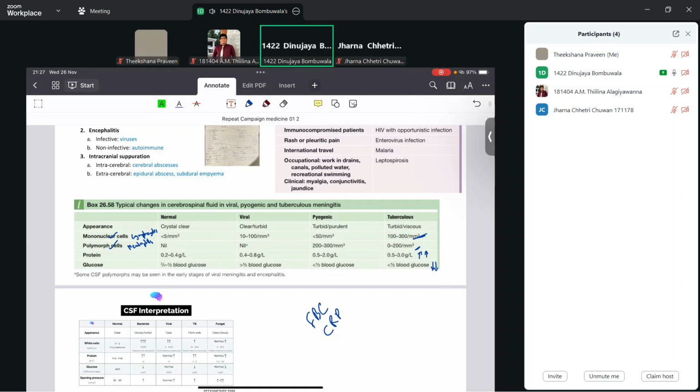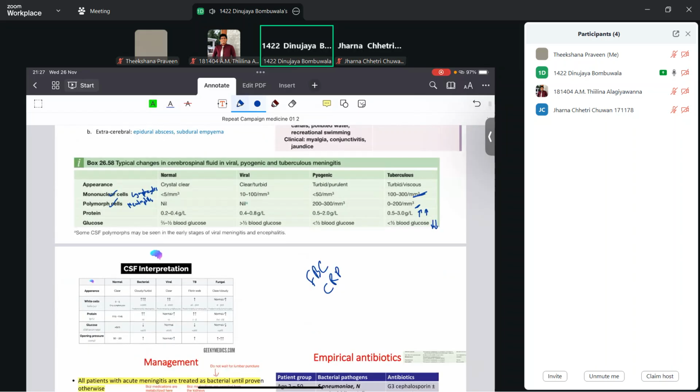So if the patient presents with these symptoms, what I'm going to do is make sure that the patient is hemodynamically stable. Then I would get the IV access first and very quickly, and do the basic investigations like full blood count, CRP, and serum electrolytes, because there are some complications like SIADH, and then blood culture if possible. Blood culture with all those things, and I will administer antibiotics as soon as possible.